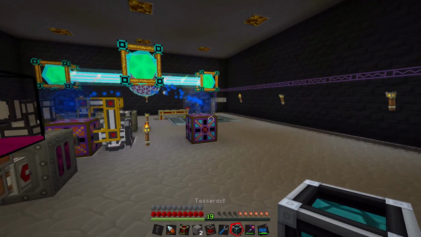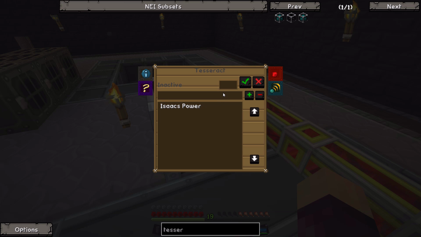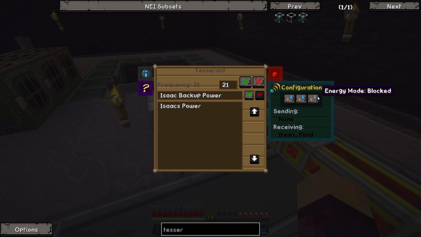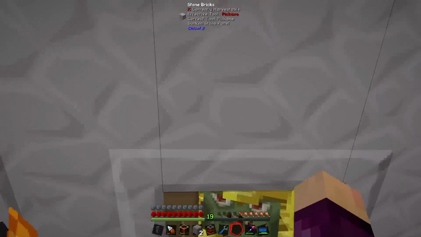Okay, I cannot figure out for the life of me why that Tesseract isn't working, so I'm going to go ahead and try this. We're going to put a new Tesseract down. We're going to call it Isaac Backup Power, like that. Frequency could be 21, sure. We'll say to ignore redstone. We want it to send power only. And now if we go and set our other Tesseract in the Nether to 21, the autonomous activator should...